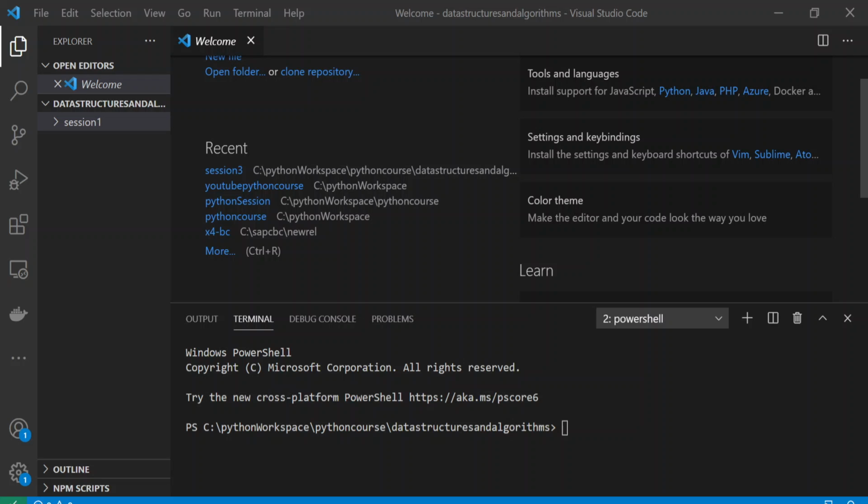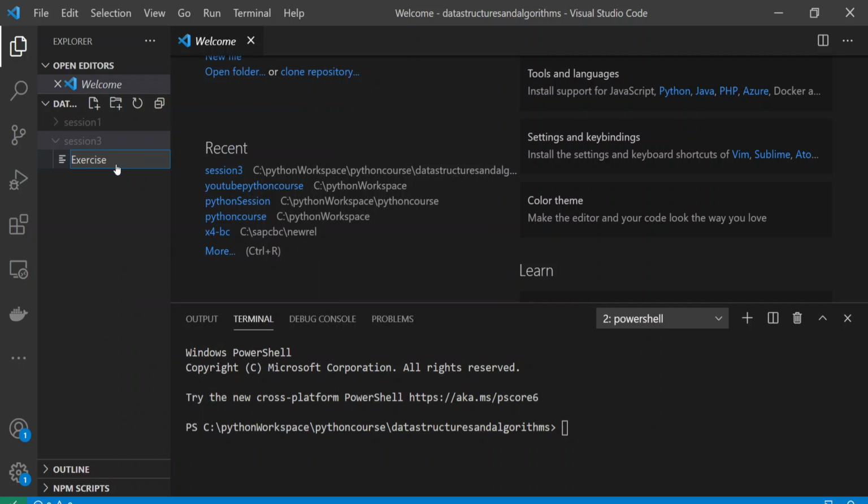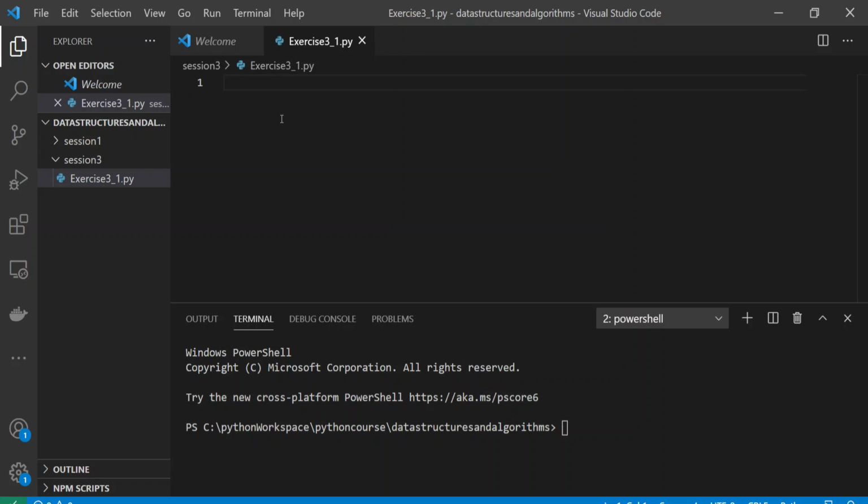Okay, so this is the folder, and now I want to create a new folder. I'll create a new folder, session 3. And inside this, I'll create a new file, exercise 3 one.py. Okay, so this is a new file. So what I told, we'll look into an array. What is an array? By default, what I told you, an array